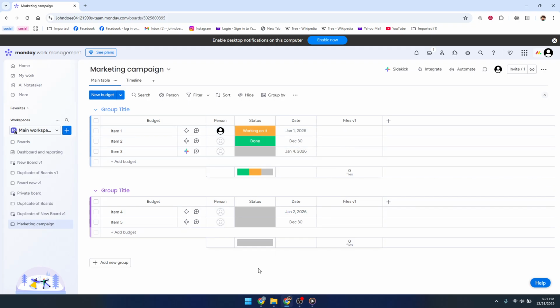By using the Add Column icon, exploring more columns, searching for the exact type you need, and then adding it to your board, you can shape Monday.com to match the way you actually